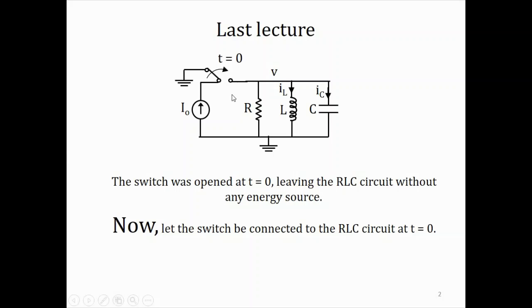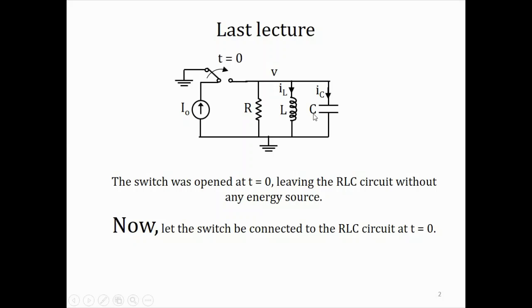the current source went out of the circuit, and we looked at how simply the RLC circuit without any energy source reacted or responded to an initial energy. Now let us do the other way around. So let us close or connect this switch to the RLC circuit so that I0 gets connected to the RLC at t equal to 0, and for t less than 0 let's assume that the current source was not connected